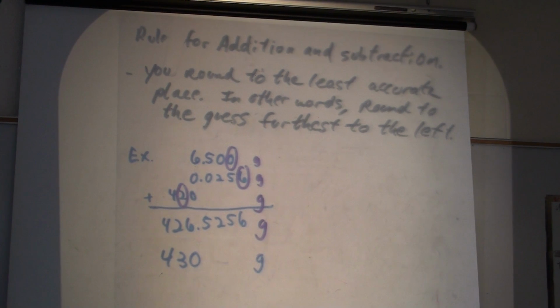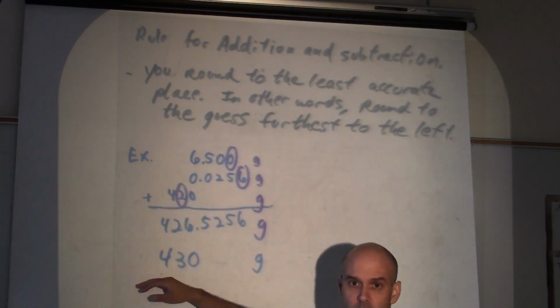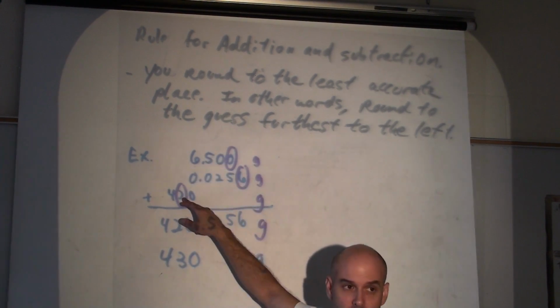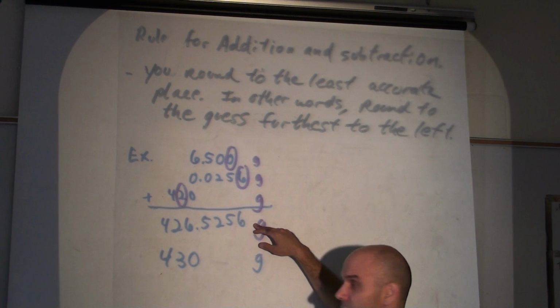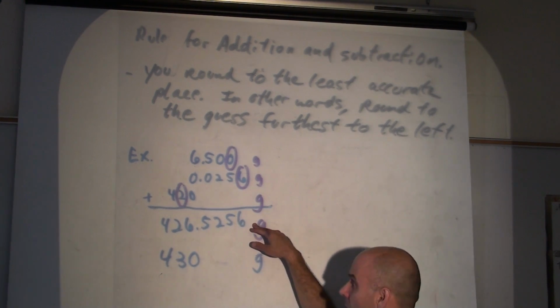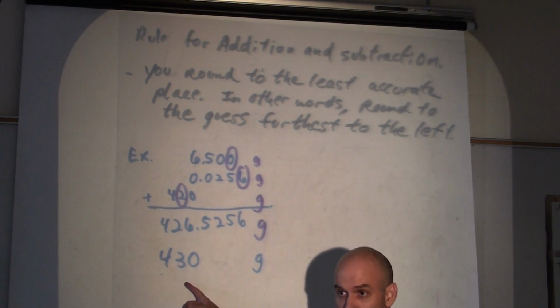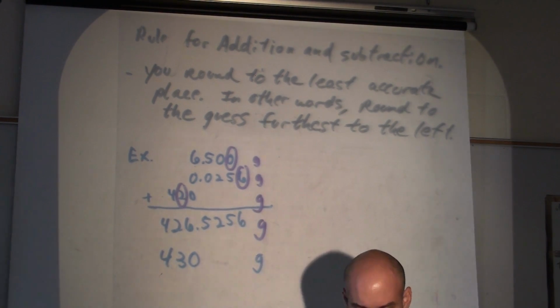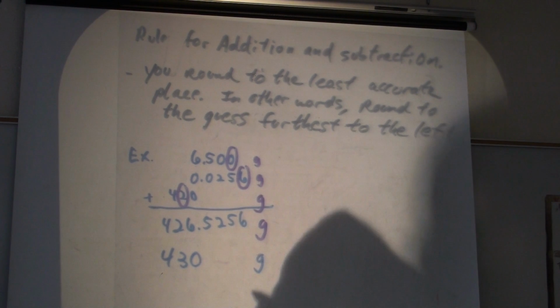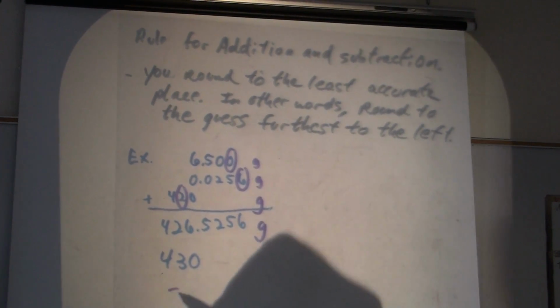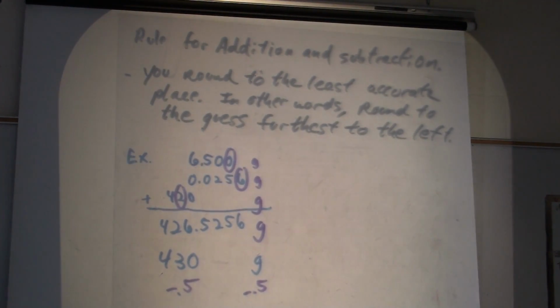So I know when we first started off, you were asking, well, how many digits should I put down? This tells you how many digits to put down. So if you put these three numbers into your calculator, this is the number that the calculator is going to tell you. And then you have to apply the rules of sig figs to write down 430 for your answer. It'll be worth a half a point for putting the grams, a half a point for the correct sig figs